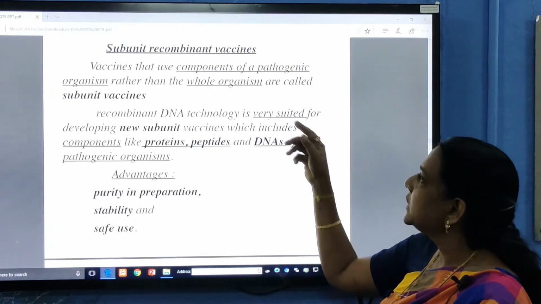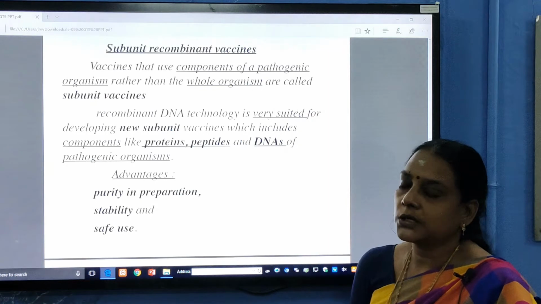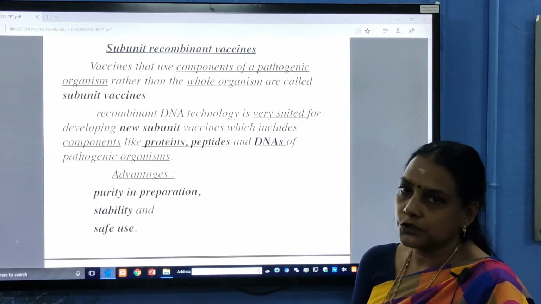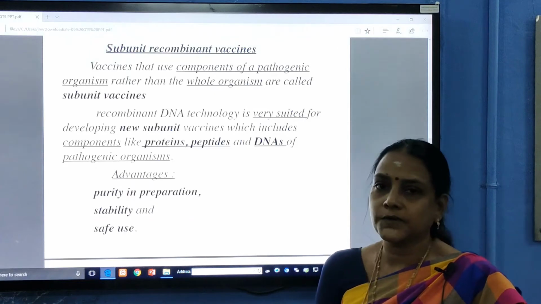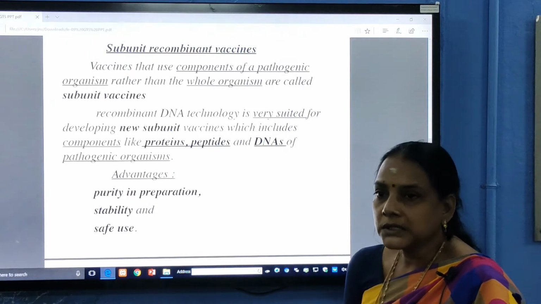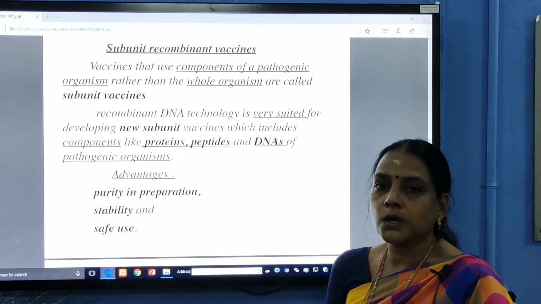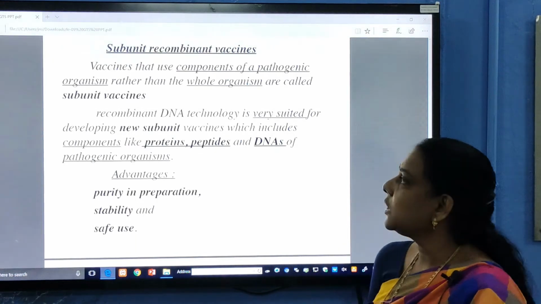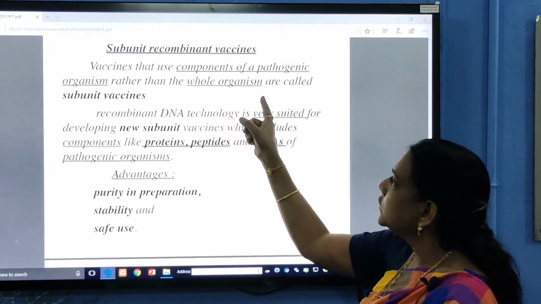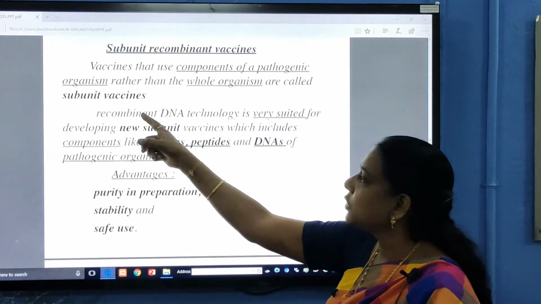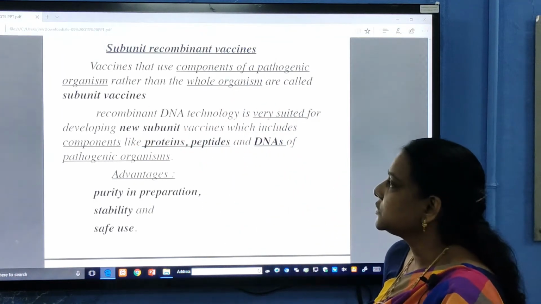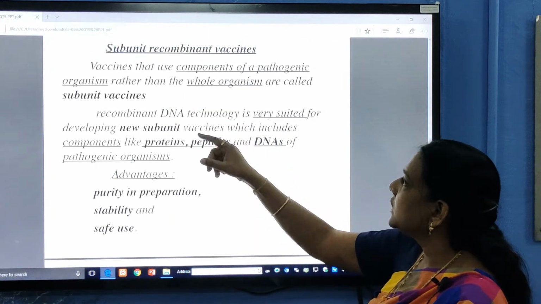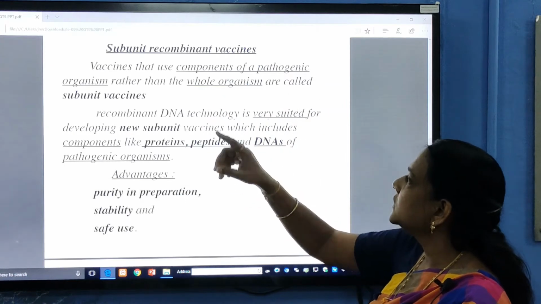That means they are the components of pathogenic organisms. These are vaccines that use the components of the pathogenic organism. What is a pathogenic organism? First of all, you should learn about that. The disease-producing organisms are called pathogens, so those organisms are called pathogenic organisms. Here, the vaccines which are produced from components of the pathogenic organisms rather than the whole organisms, we call